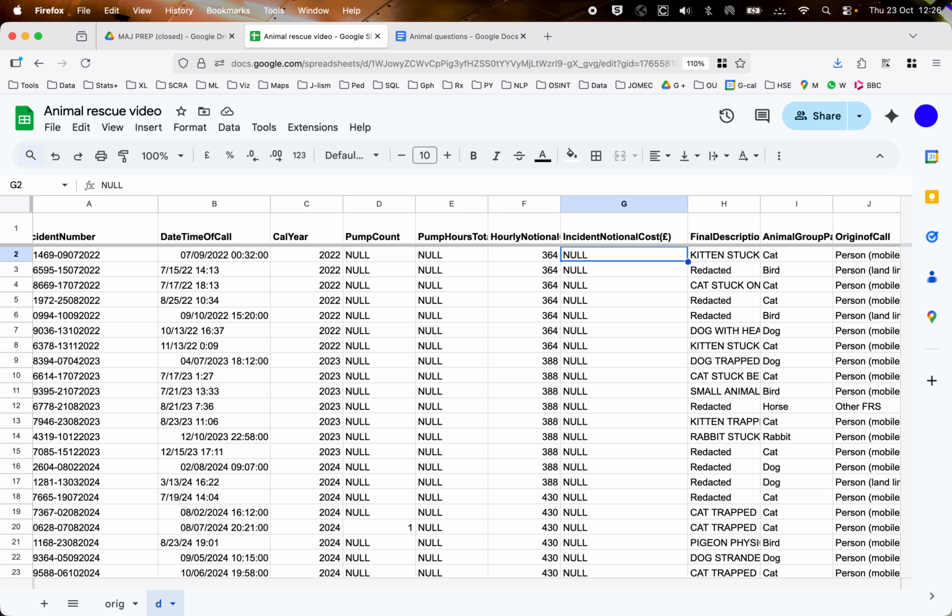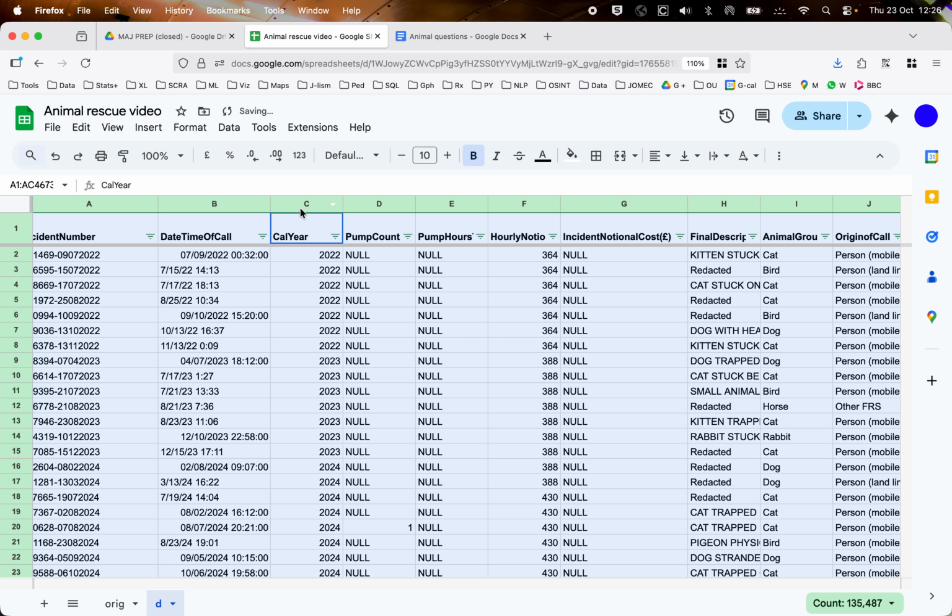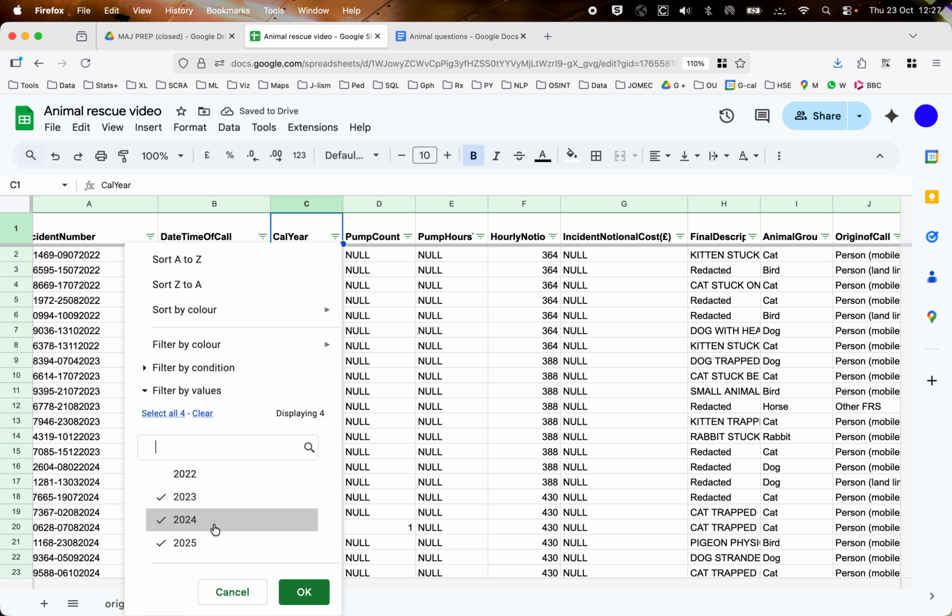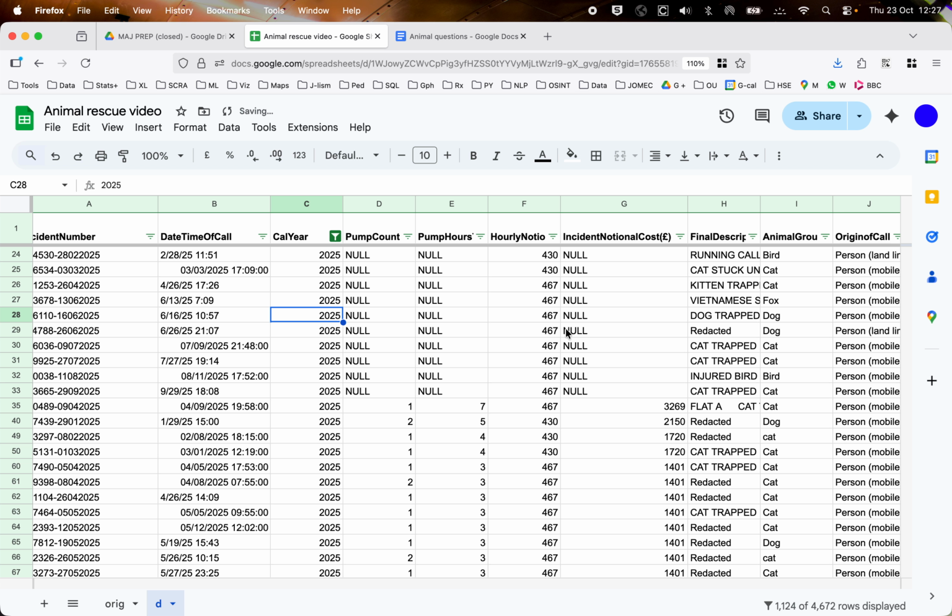So that is sorting. We might want to filter. We might want to filter for calendar year probably. So we go to data, create a filter, and say I only want to see 2025, for example. And now we only have 2025. What else do we need to do? We might want to filter by condition. So in 2025,